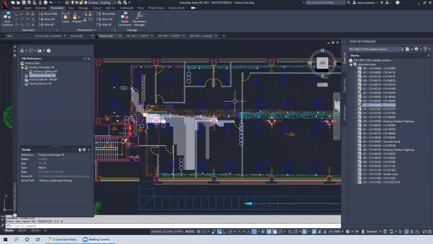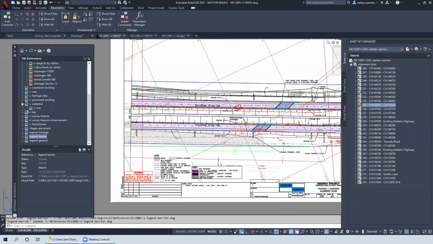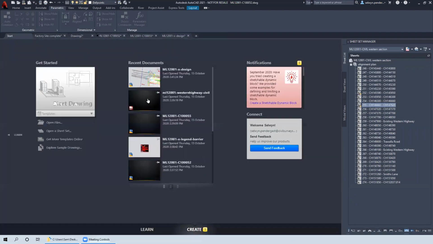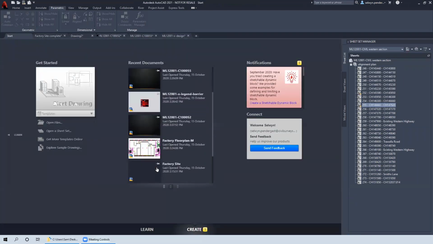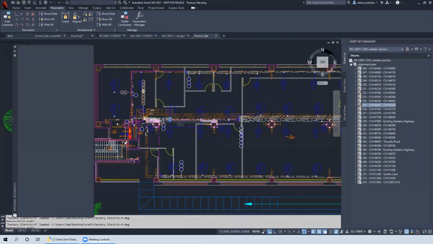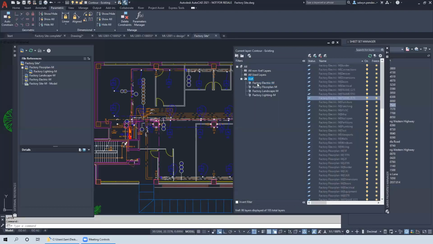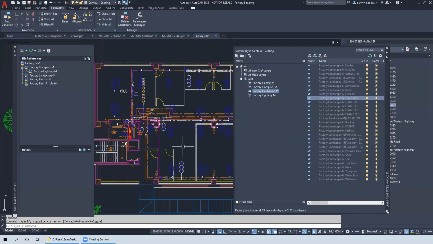0 is to forget the settings that I've made. So I'll just go save. I'll go back into factory site. And I'll have a look at my layer now. There are no overrides in here. So with VISRETAIN set to 0, it won't remember any of the overrides that you may make for the XREF layers. If I change VISRETAIN